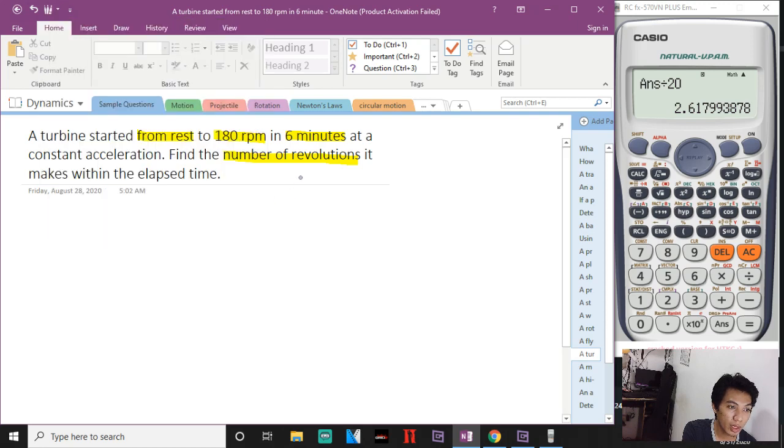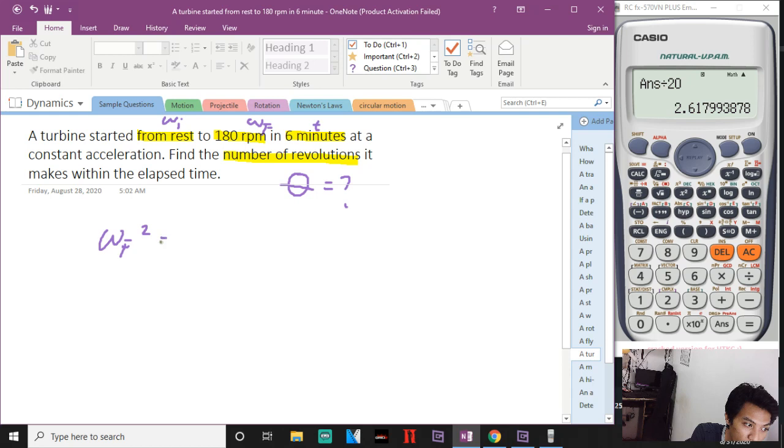So, given dito, hinahanap natin is theta. Hindi natin alam. You are given omega F, tapos omega I. Tapos meron kang T. Now, RPM, naka-RPM na to, so hindi na kailangan mag-translate pa. So, ang gagamitin natin is omega F